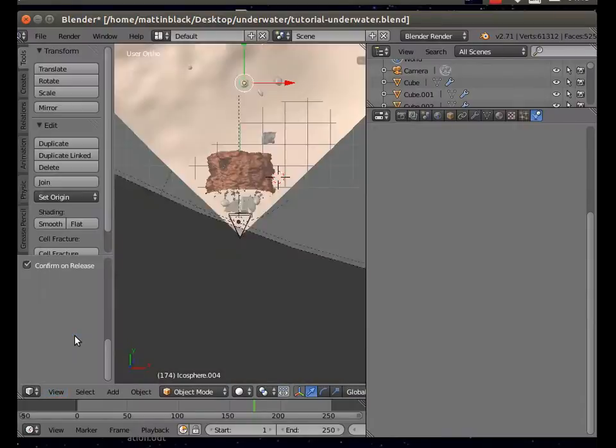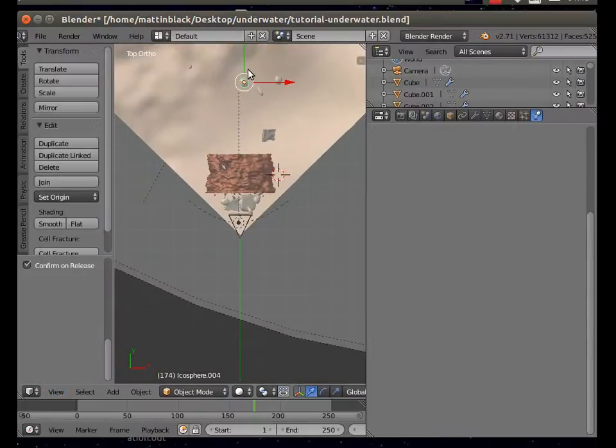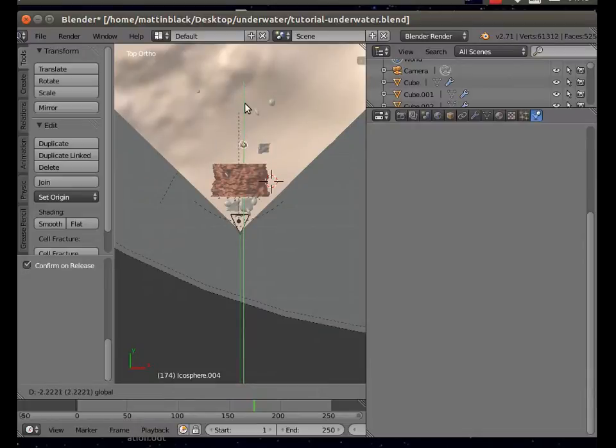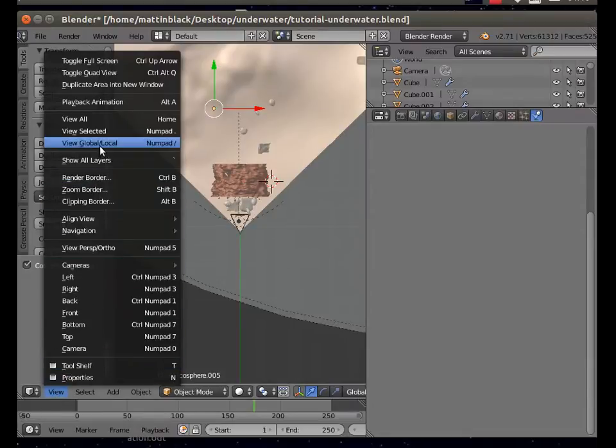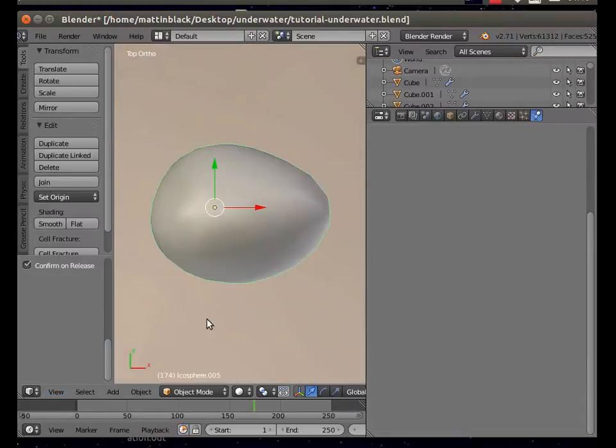If I view top, this one I'm going to bring in here somewhere. That one. Right, so if I one by one, view selected,